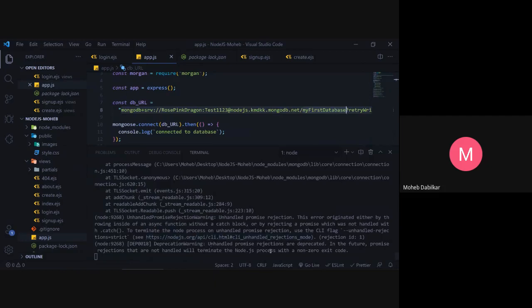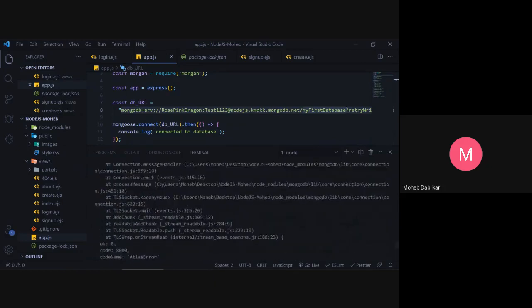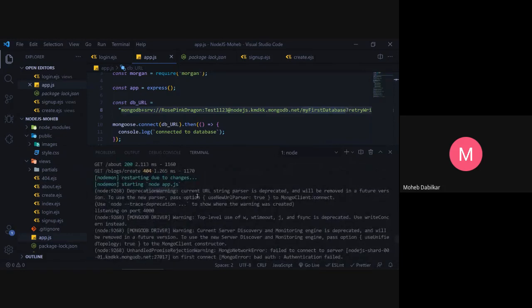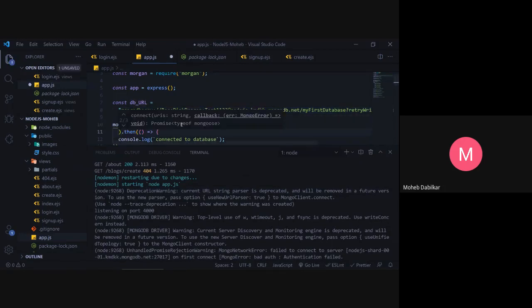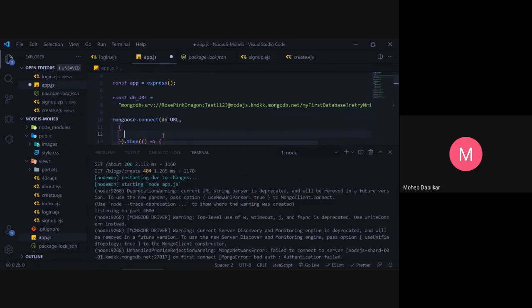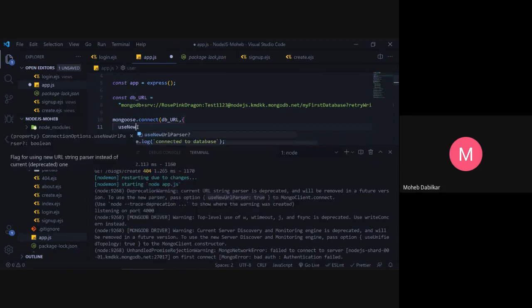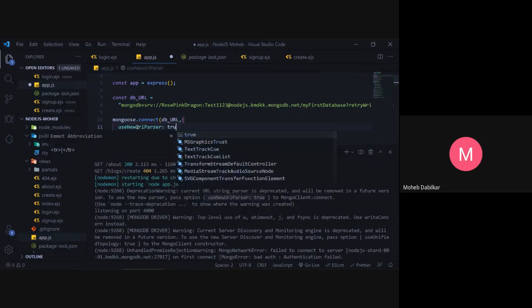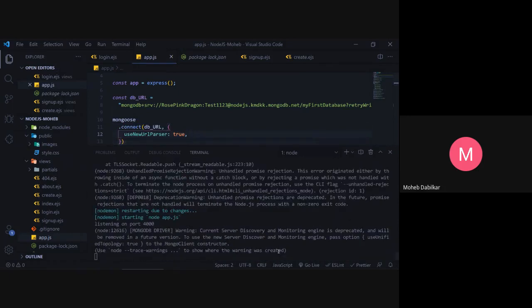Well, we have warnings also now. So let's see about warnings. It says deprecation warning, current URL string parser is deprecated. So for now, over here we will pass in some more parameters. Well, a few of them are, let's just keep this one over here, and we will use something like, since it says use, see this option it says over here, we will just copy this. So it says useNewUrlParser, so I don't want to do that, so that should be true. Let's see how it works.